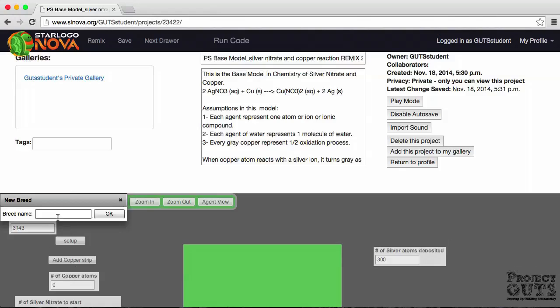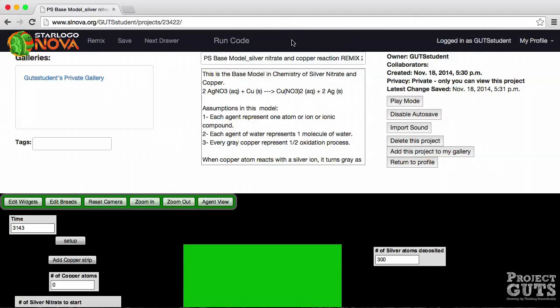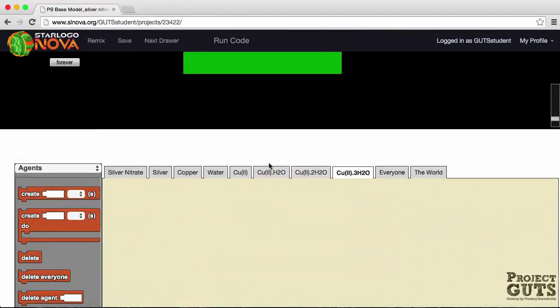And the last one and the most stable complex of them all is the copper 2 with 3 H2O. Great. Now if we close this edit breed window and we scroll down, we notice that now we have 3